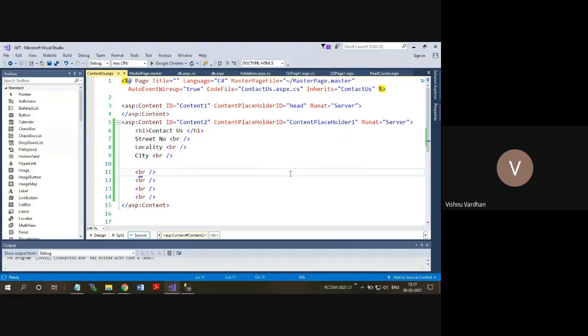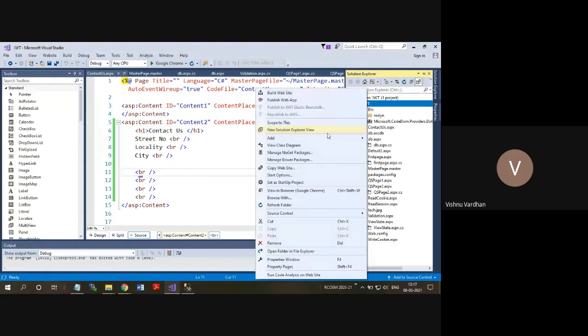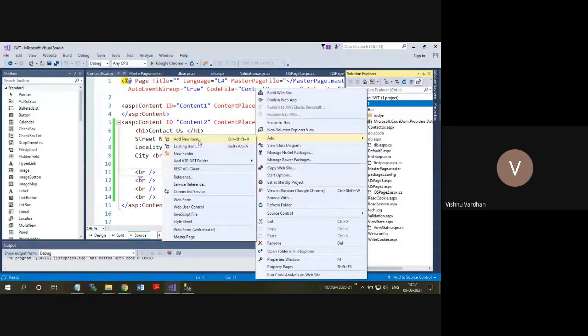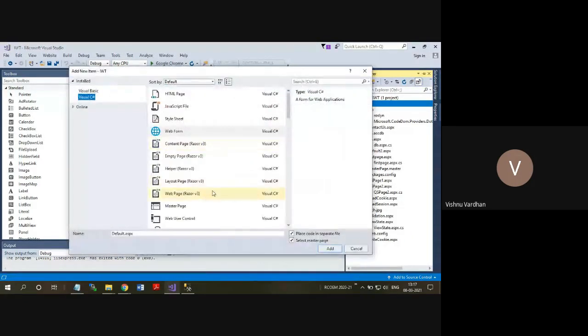We can create user controls also. So what is the advantage of a user control? First of all, let me create one. Click add new item. In this add new item,